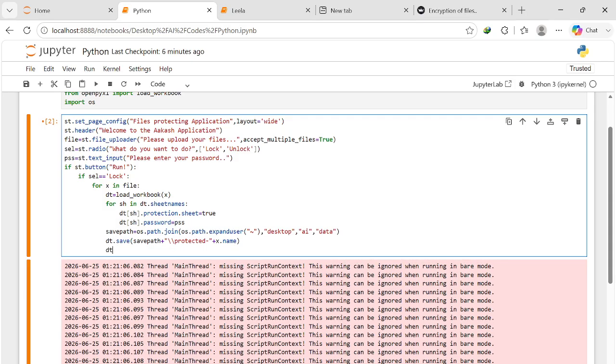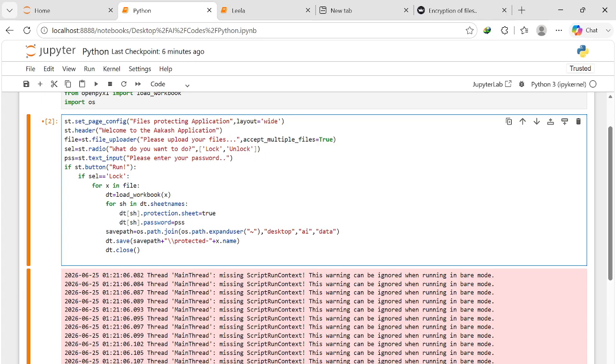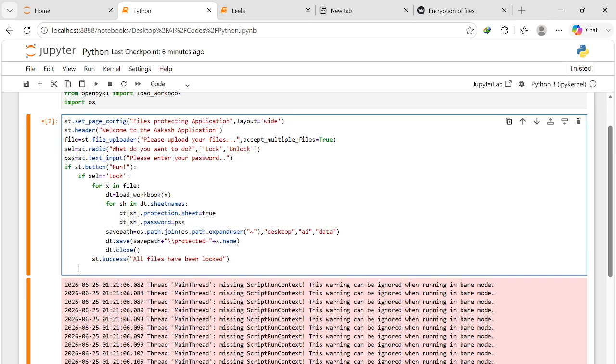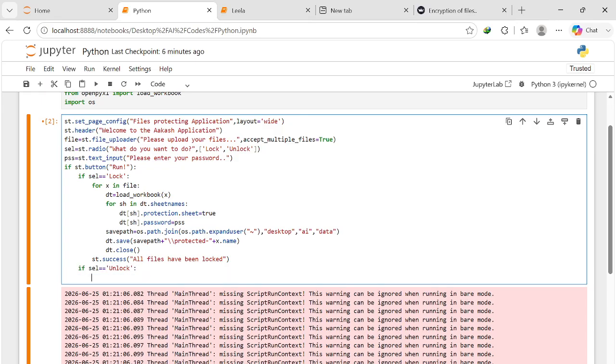Okay, this is done. dt.close(). This is done. Okay, and here the message box should be st.success: "All files have been logged." Okay,